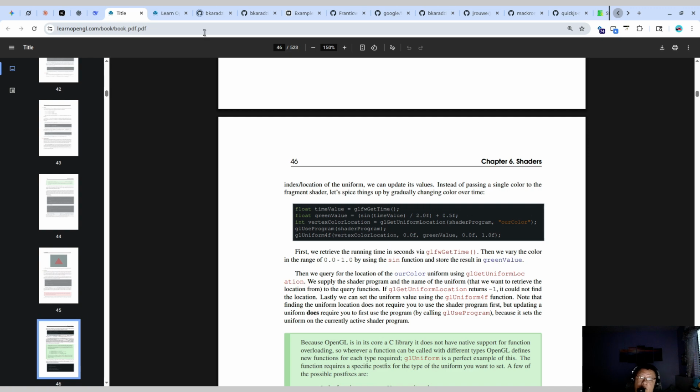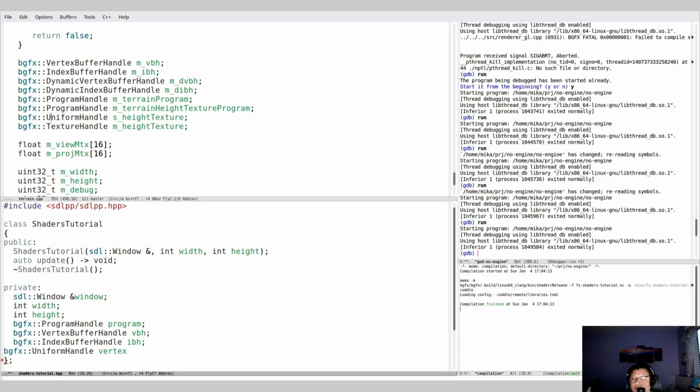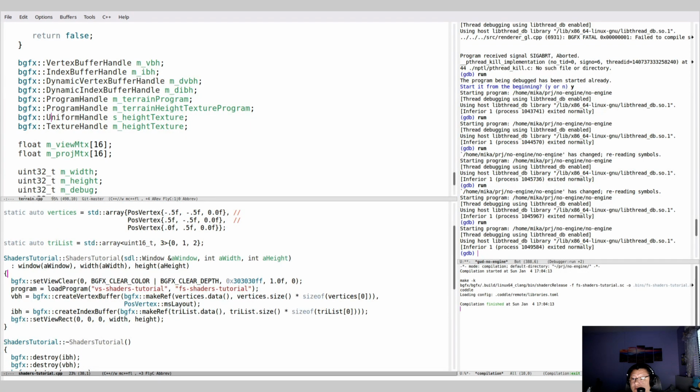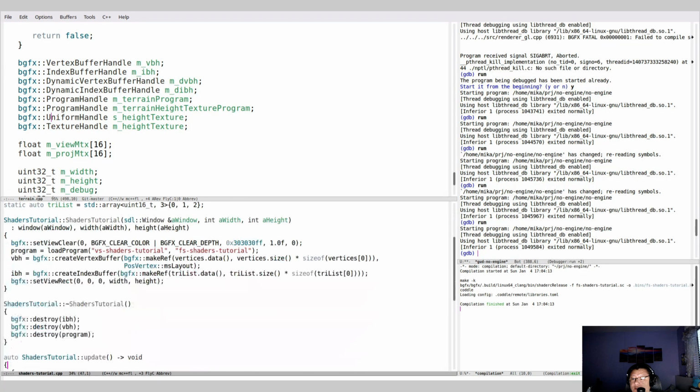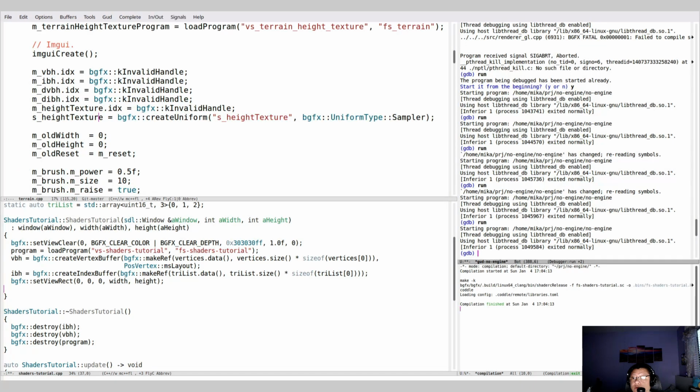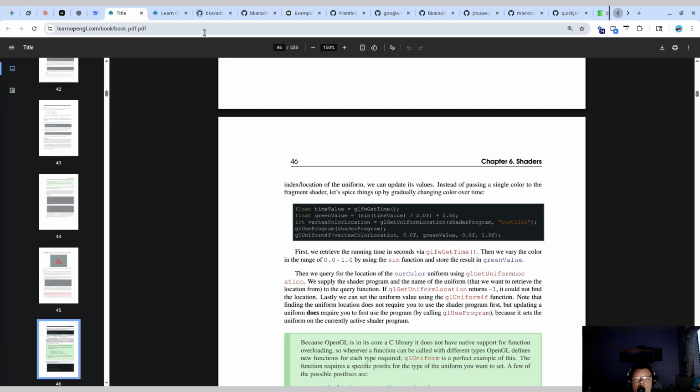Vertex color. Vertex color. So, in the constructor we would need to do vertex color equals bgfx create uniform, our color,